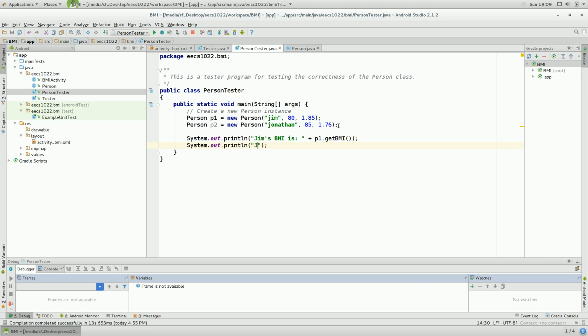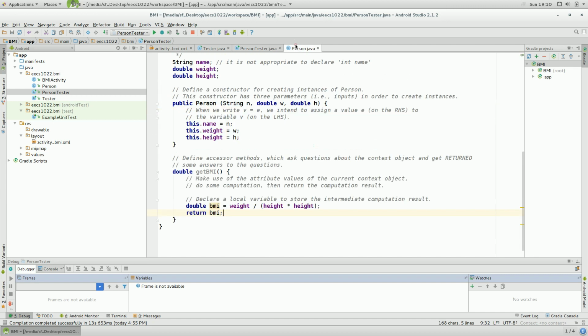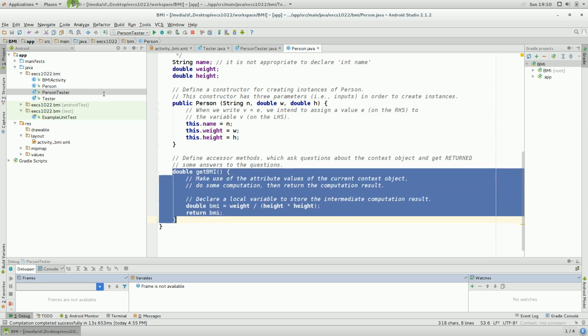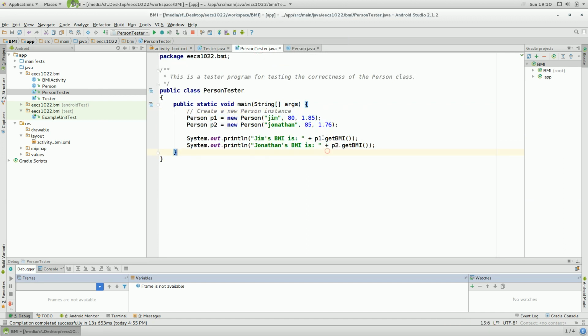And then you can see Jonathan's BMI is, and then plus p2.getBMI. Okay, so you can see basically these two method calls, the first being p1.getBMI and p2.getBMI. These are exactly the same. They are calling exactly the same getBMI method, which means they are going to apply the same definition of the getBMI method. However, because the context objects are different, the first context object is p1, which has the attribute values